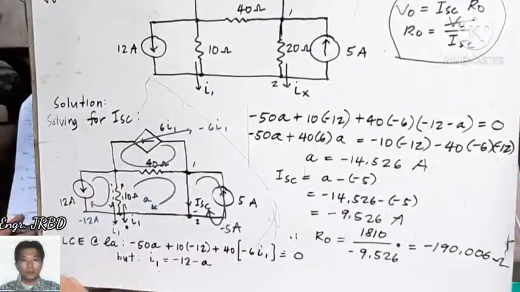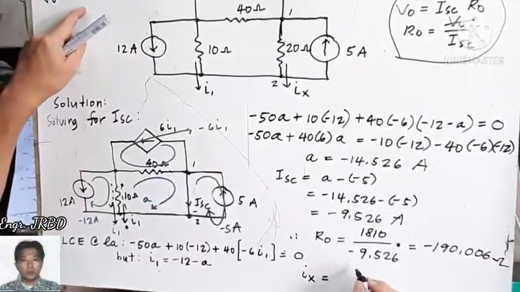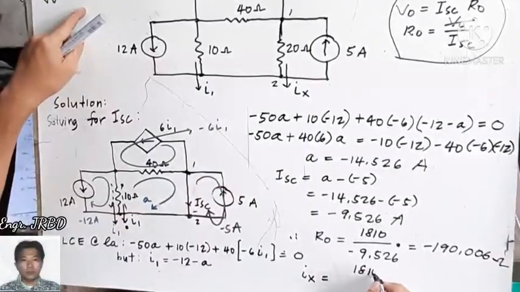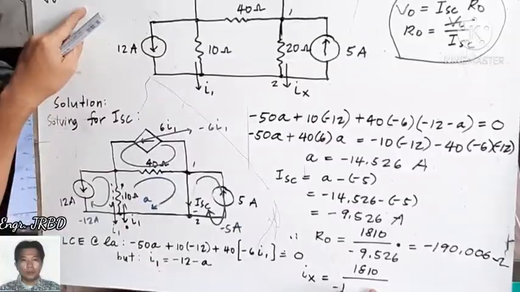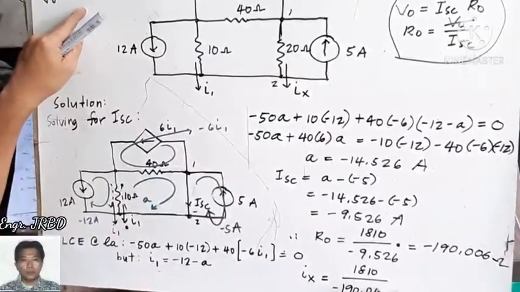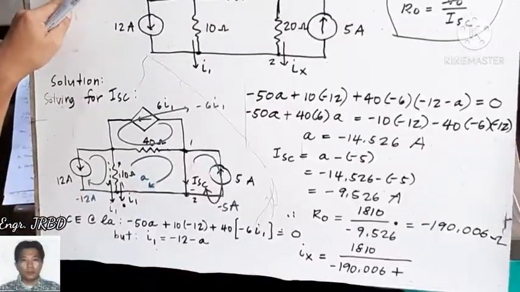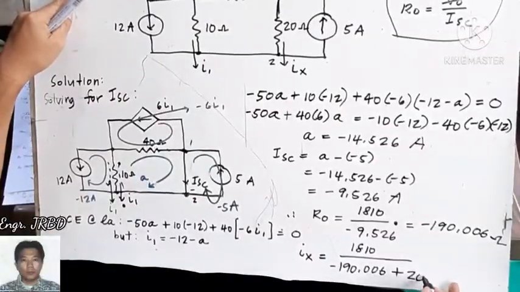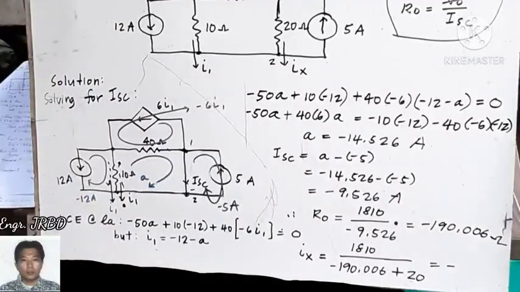This will give us a value of Ix by Thevenin's and Norton's. Ix is the open circuit voltage of 1810 divided by negative 190.006 plus your RL of 20, that is negative,